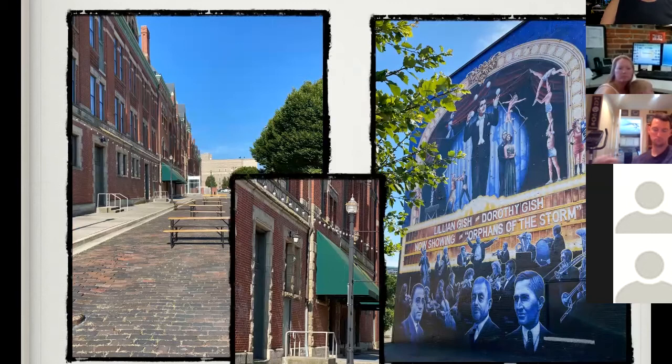On the left is outside Cohatch. I just sold this picture in double-sided wallets with the girl standing on the little banister there. If you can tell, it's just a cropped-in version of this picture to the left. And I sold some giant ones of it also. And then on the right, I love